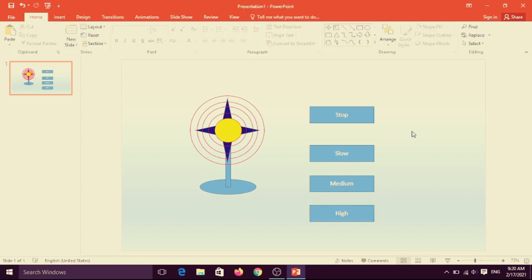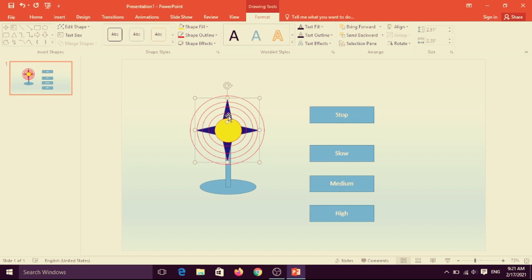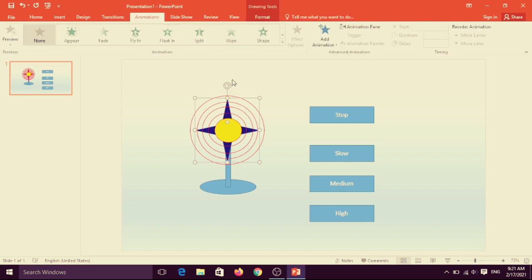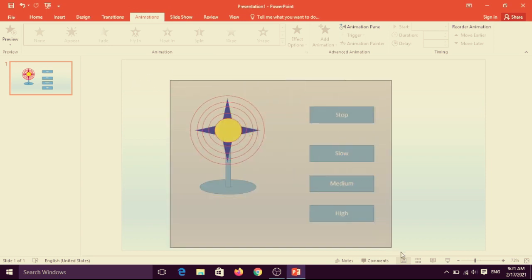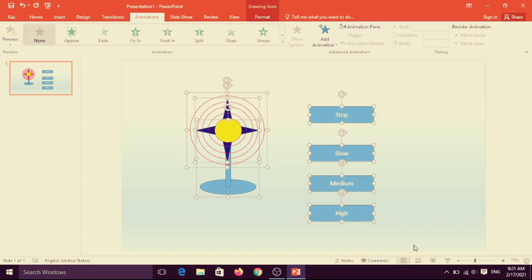How can you give the effect on this? Very simple. First I want to move my fan. Select this one and give the animation to that. It is stop and this for this whole selection.